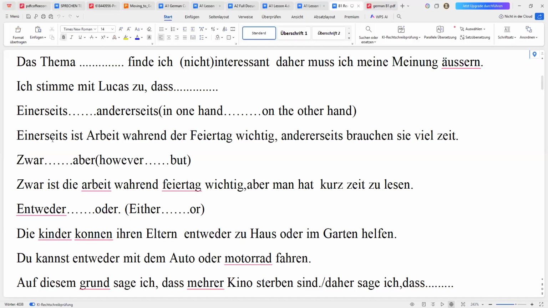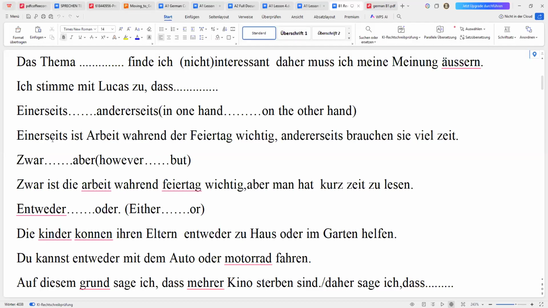You started by disagreeing with Lukas, but now we can't assume that that is your opinion. You've talked about the advantages and disadvantages. Then now what is your opinion? Do you say that Teilzeitarbeit ist gut or Teilzeitarbeit ist nicht gut? When you are saying Teilzeitarbeit ist nicht gut, meaning that even on the advantages, you give fewer advantages than the disadvantages. When you are saying Teilzeitarbeit is good and people should do Teilzeitarbeit, meaning that you give more advantages than